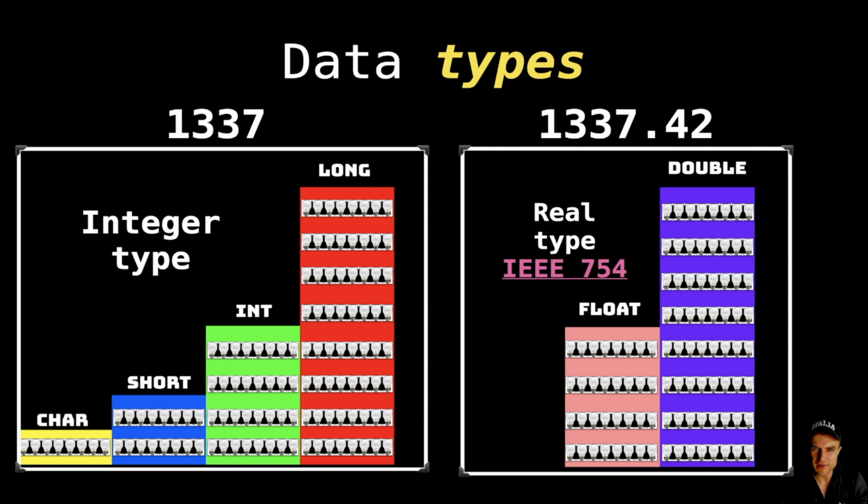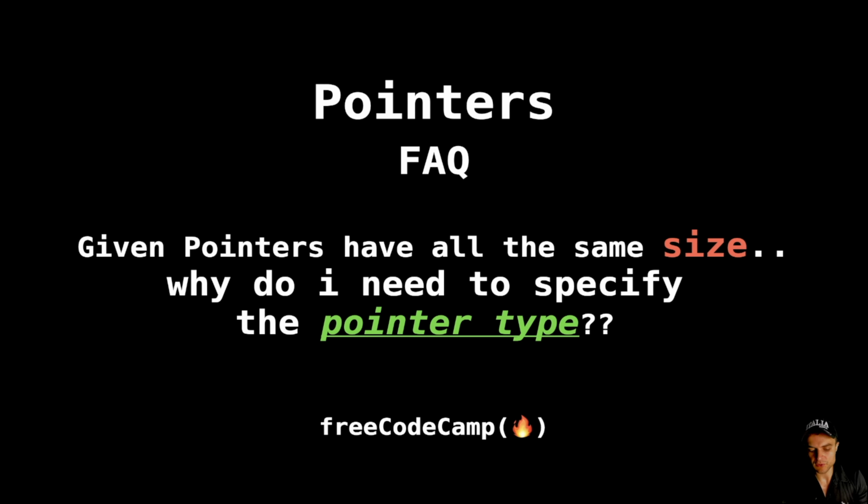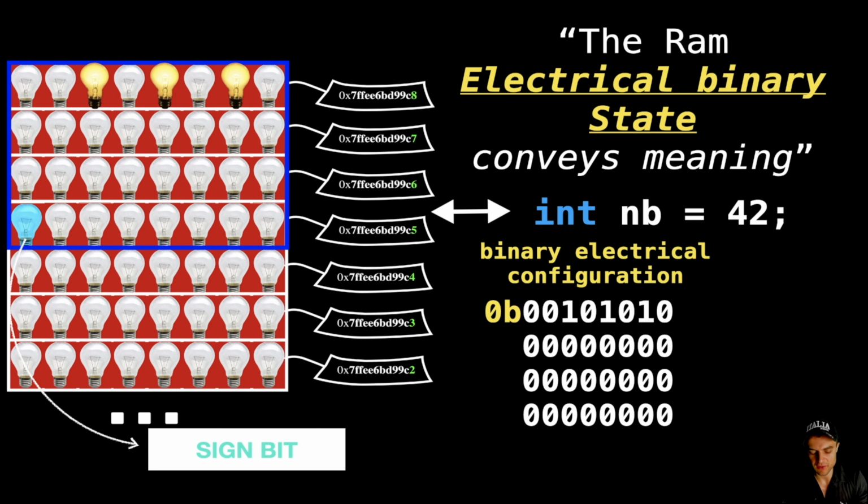So I can very surgically, with data types, decide how much memory I want to use. And this is pretty useful, right? When you want to have super control of what is going on. Indeed, the C programming language is giving you superpowers in this domain. On the contrary, you have pointers that have all the same size. So what is the point of telling me, okay, this is a pointer to an integer rather than a pointer to a char? So here I want to repeat to you again this point that the binary configuration of 42